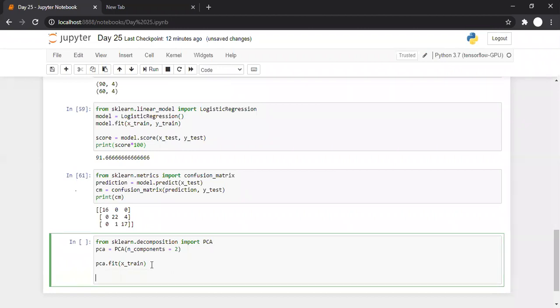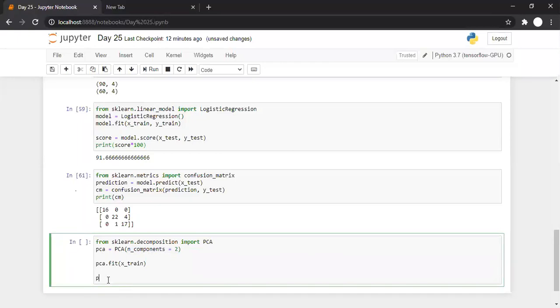Now we have to select only those 2 important features from the training part. So when we call the fit method, it applies principal component analysis calculations on the training data and identifies the 2 important features because we have specified 2, and now we have to extract only those 2 important features.